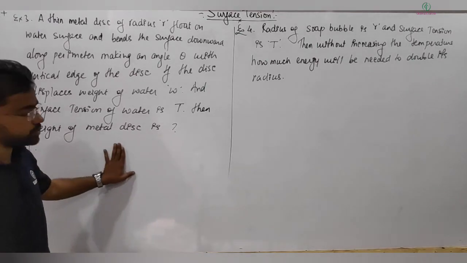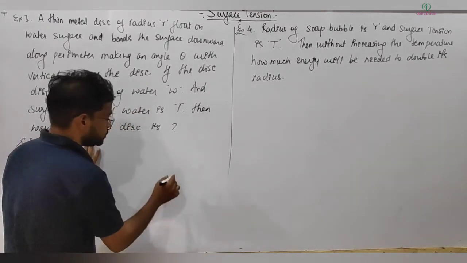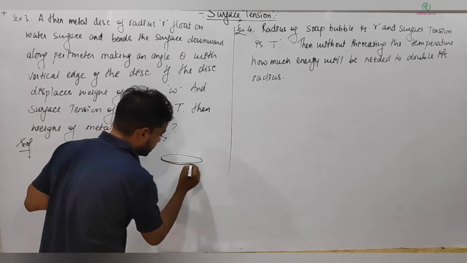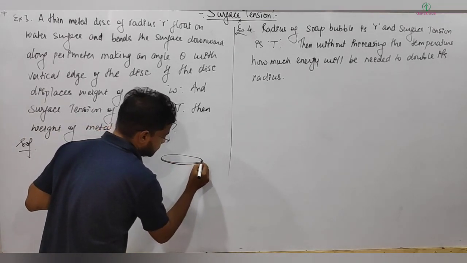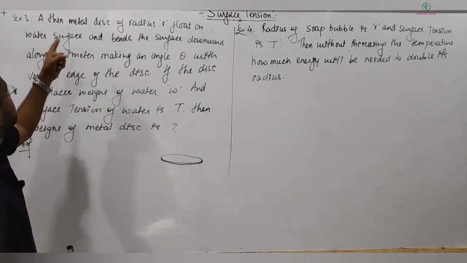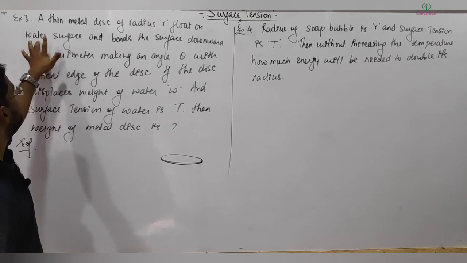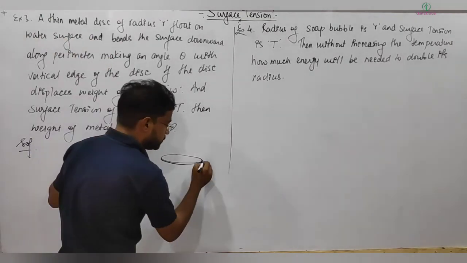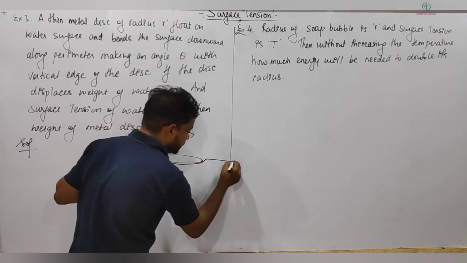We need to understand the question here, actually what it's saying. So here a disc is there, and it's like a thin disc like this, and it's floating on the water surface, such that a metal disc of radius r floats on the water surface and bends the surface downward. So the water surface is bent downward a little bit like this,